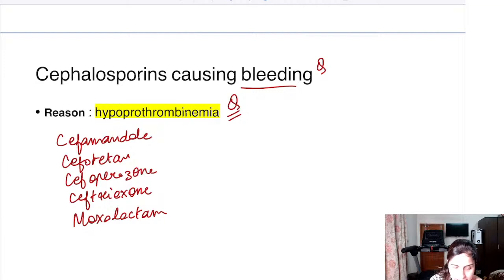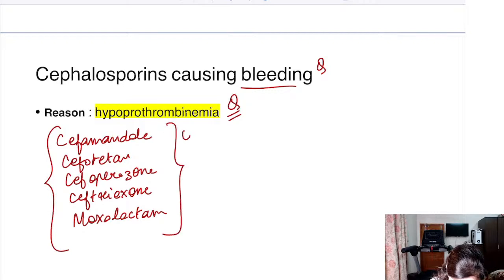And the second thing you can remember is that they are also associated with disulfiram reactions. For disulfiram reactions you can give the same answer, as well as for the drugs causing bleeding. These are the important ones. So if you remember this